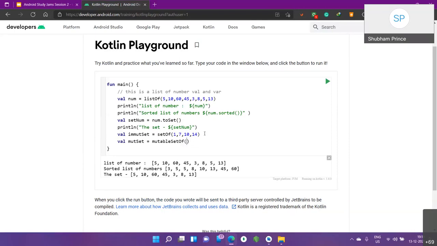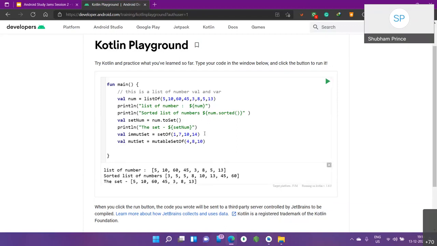See the camel case, you have to make sure that you follow this camel case, and it will be very easy to understand each and every function which we come across in Kotlin. Let's say it has 4, 8, 10, 7. Now we can just print it, and we can perform equality operations and all.